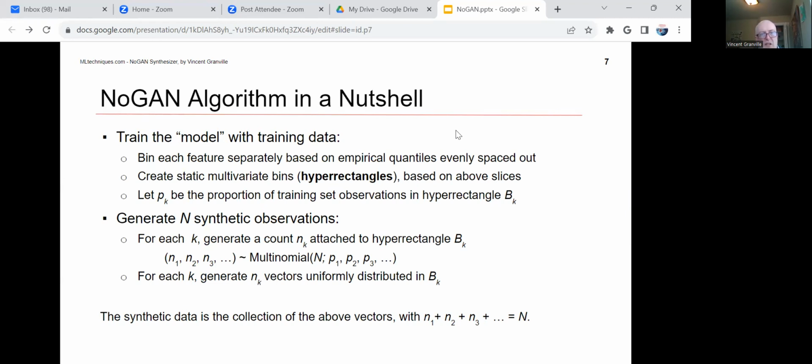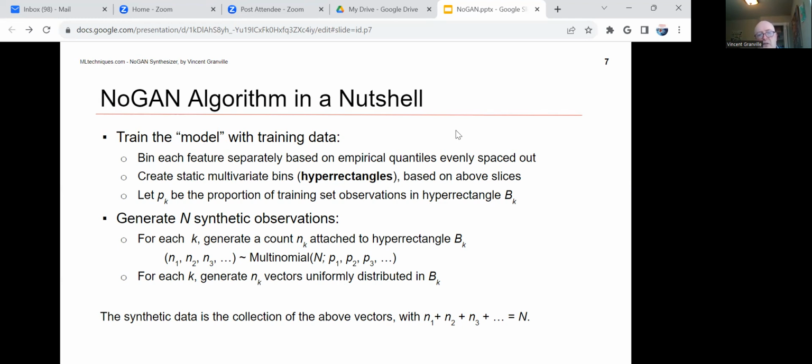I don't want to go too much into the details here because I don't think the audience is very technical, but for those who are interested, I will try to explain at a very high level how the algorithm is working. To summarize, it has some similarities with decision trees and XGBoost, creating a large number of multivariate bins, and synthesizing observations in these multivariate bins that I call hyper